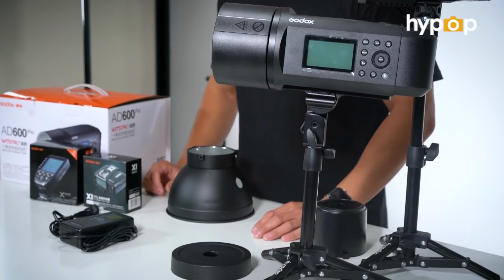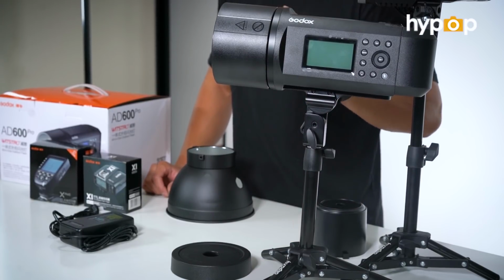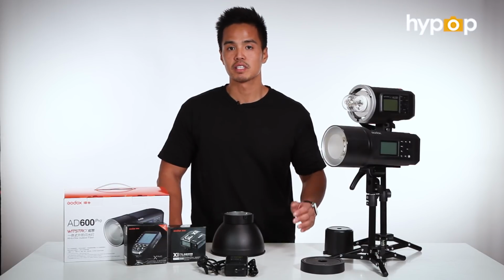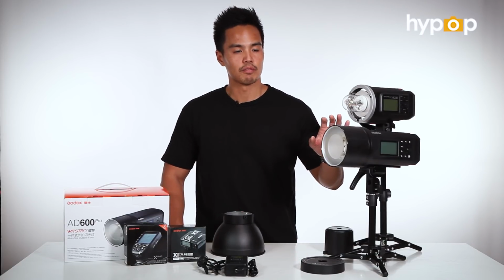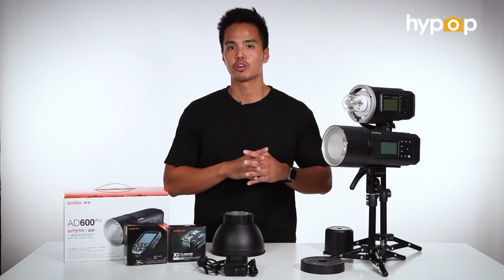And lastly is the improved color accuracy. There is now a new color stable shooting mode on the AD600 Pro. And that means you have a range of plus or minus 75 Kelvin in terms of its color accuracy. Previous to that, you have your Pro Photos and your Broncolors, which are higher end strobes, and people would typically go towards those strobes for the color consistency features, whereas now the AD600 Pro is competing with the